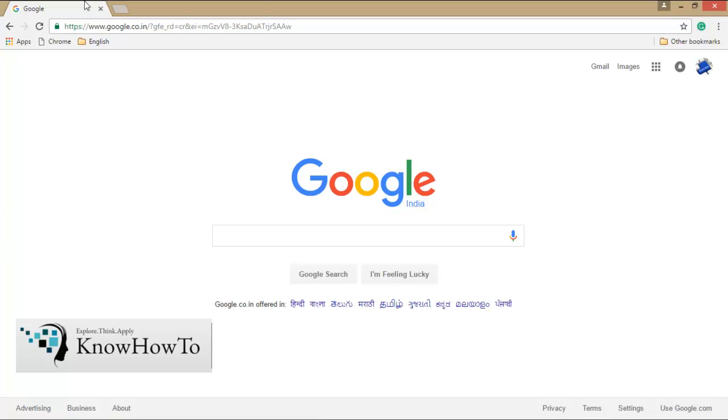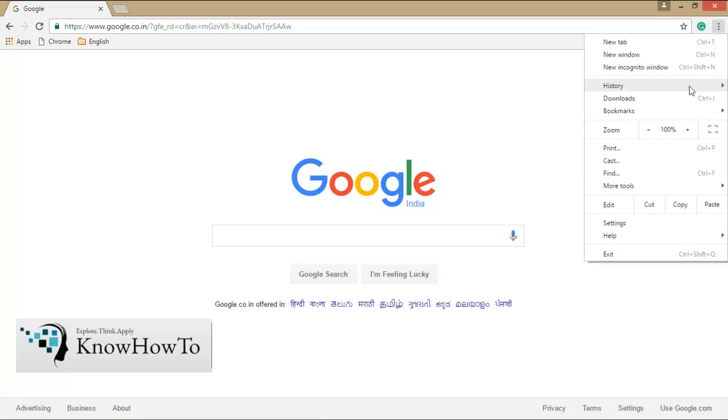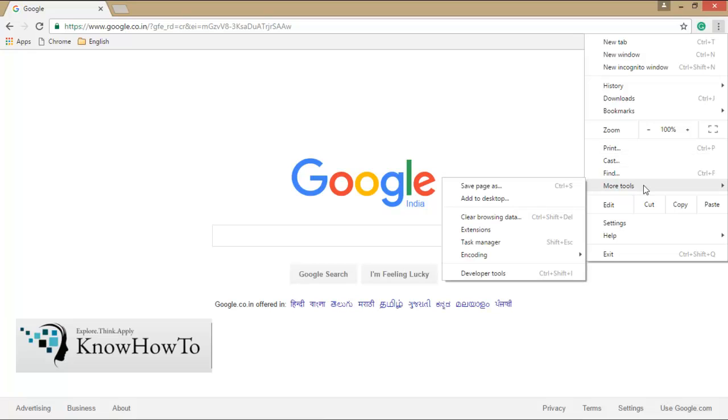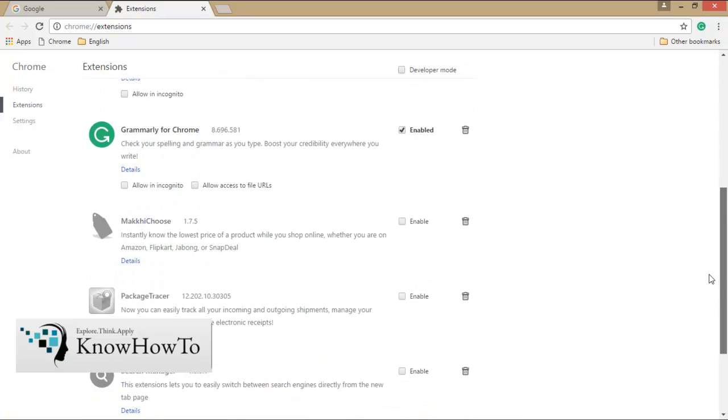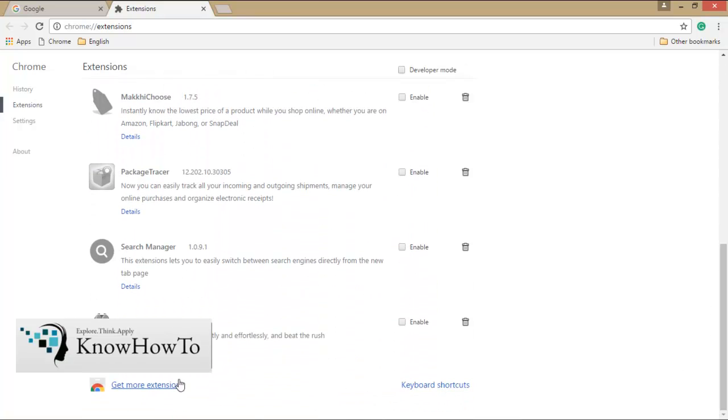So here the Google Chrome is there, and after opening this browser I need to go to this symbol, and after clicking on it I can see that there is a more tools option, and after going there I need to click on the extensions option, as I need to block these websites by using extensions. So come down and you will see one of the options is get more extensions.